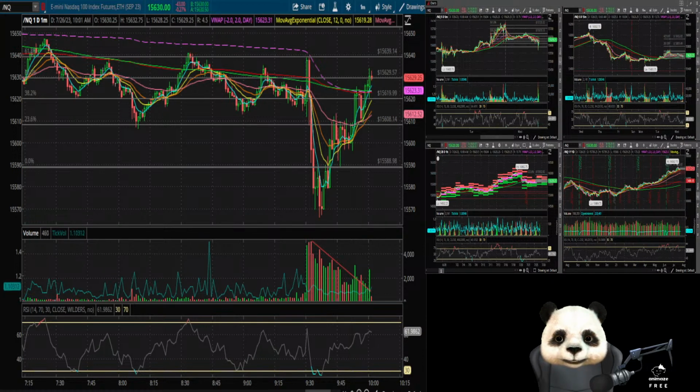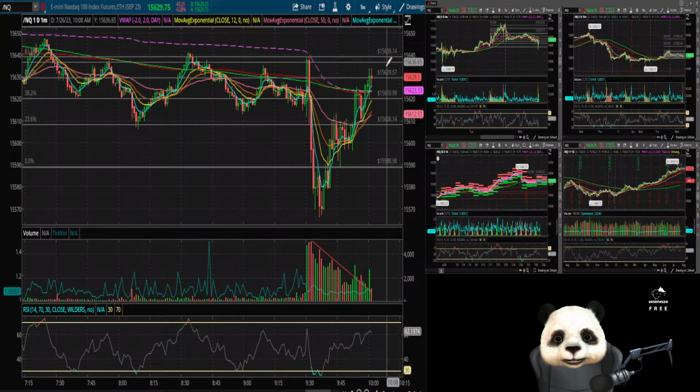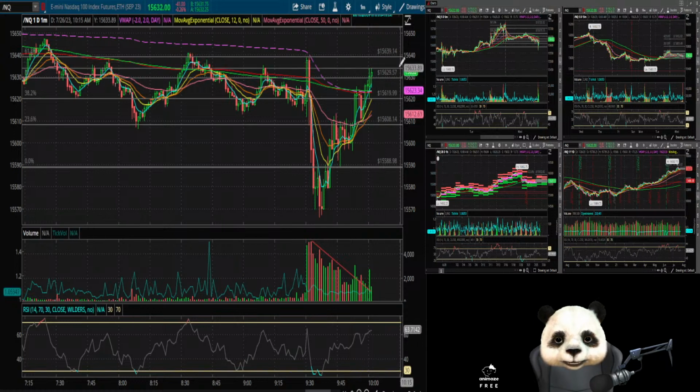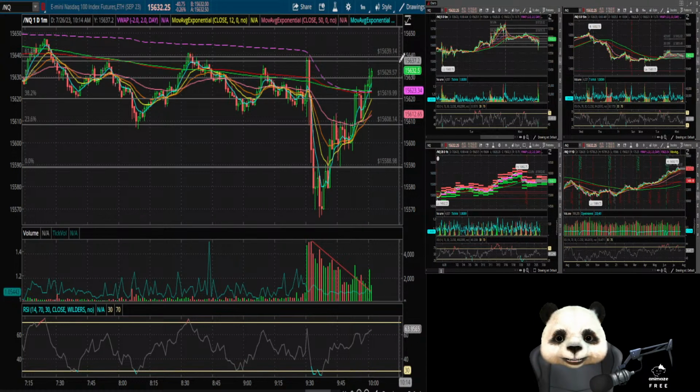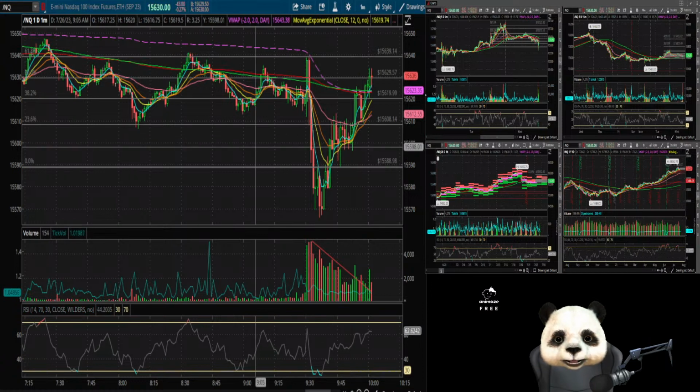No trades yet. We're still just chugging along here. I very well could have taken a risky trade here, but like I said, you start taking risky trades like that where you have some confidence, but not all the confidence in the world, and you're gonna lose money. You're gonna lose money, my friend.